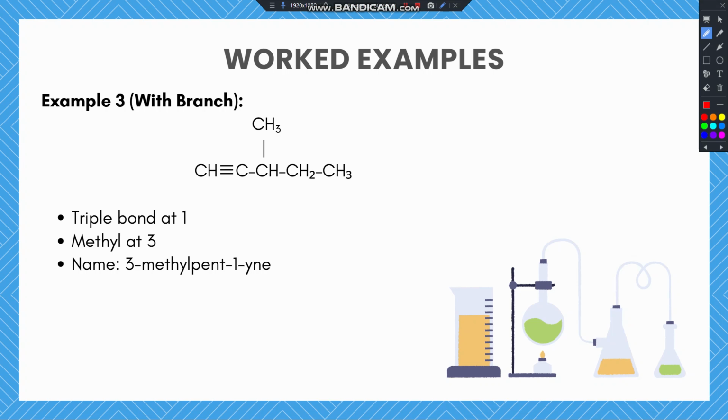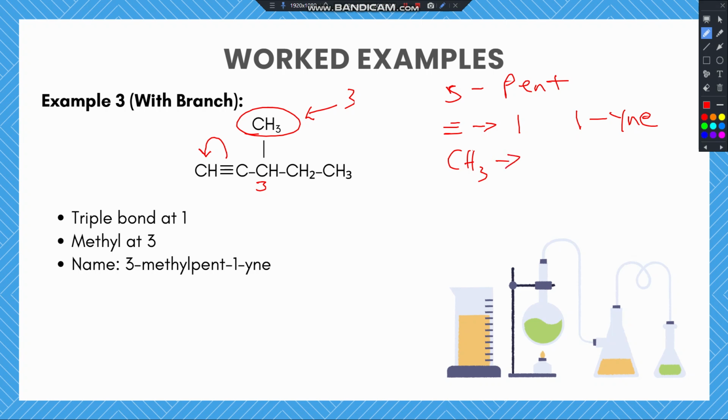Now, counting from the left to the right gives us this triple bond to be on carbon number 1. And we have 5 carbon atoms. That gives us the parent name pent. And then the triple bond is located on carbon number 1. So that gives us the name 1-yne. And then finally, we have the branch, which is this guy over here, methyl. Methyl is located on carbon number 3. So to identify the methyl, we use 3-methyl. So when we bring everything together, we start with the substituent